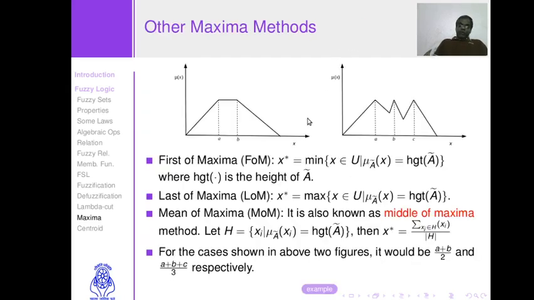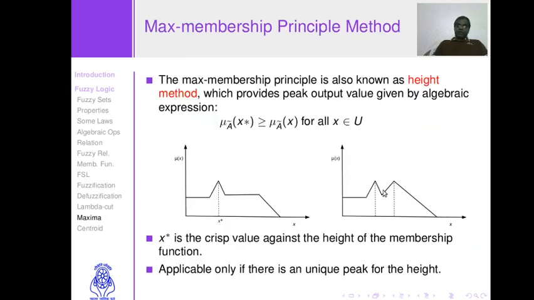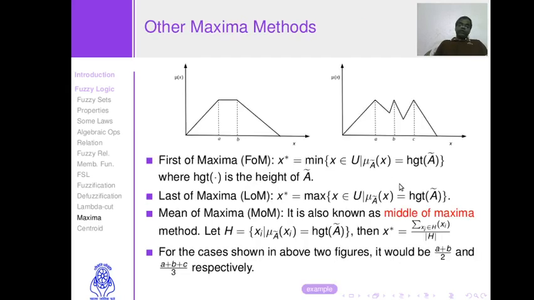For fuzzy sets like this or this, here we have three peaks of the same height, here two peaks of the same height, and similarly here two peaks of the same height. For these types of fuzzy sets we can apply first of maxima. It simply says that